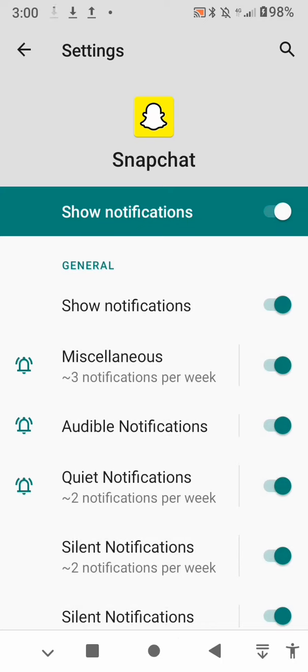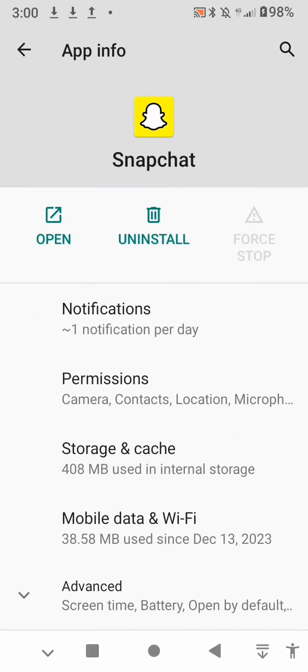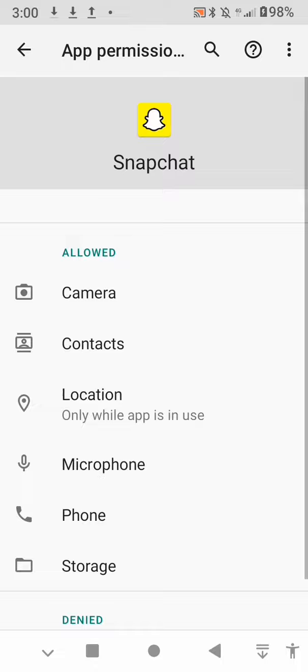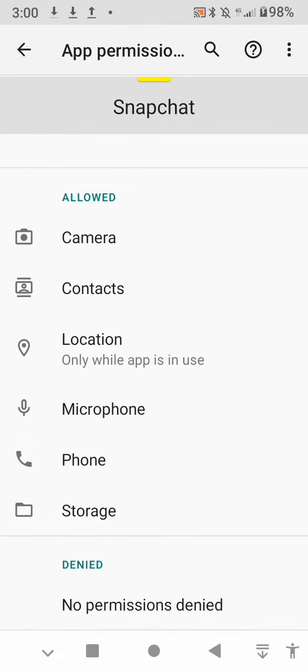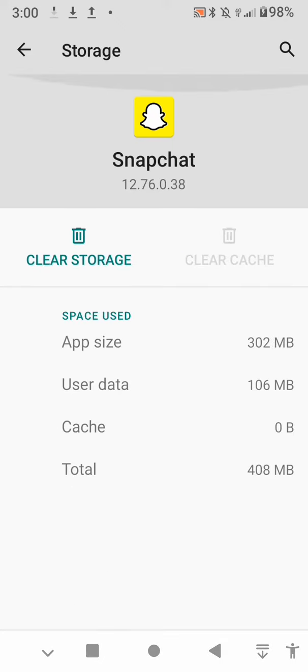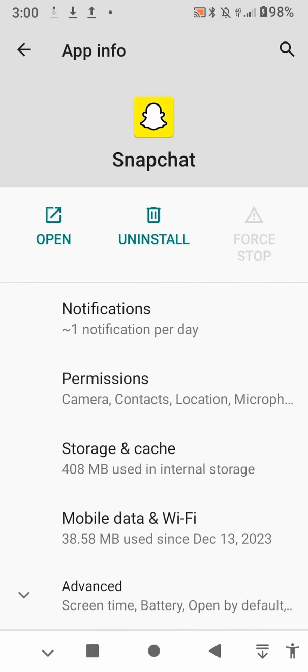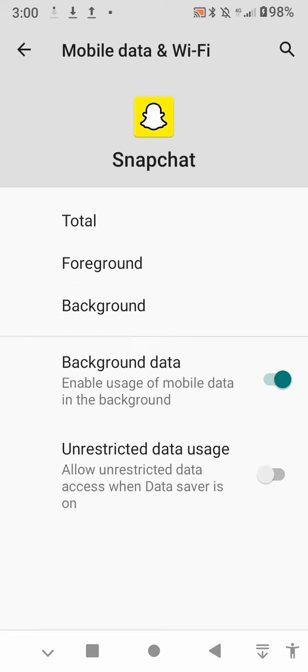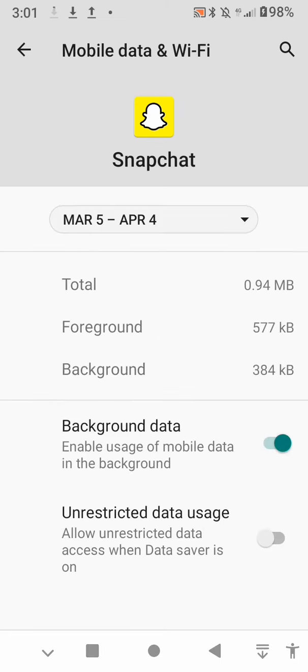on. So go back, tap on permissions, and make sure every permission is allowed over here. As you can see, mine is allowed. So go back, tap on storage and cache, then you tap on the clear cache. Then after that, you go back, tap on mobile data and Wi-Fi, and make sure the background data is toggled